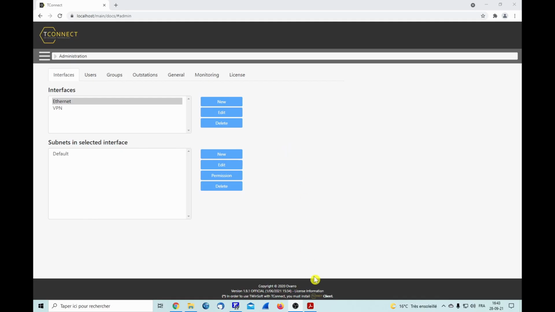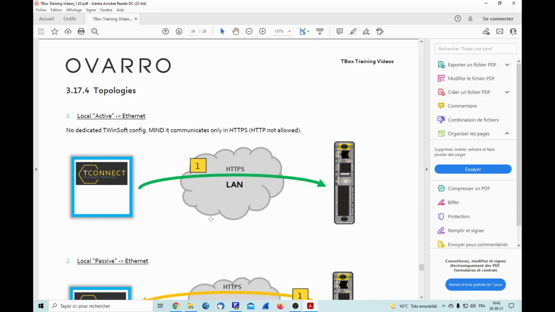Let's now take a look at the different topologies. There are 2 main modes of communication, the active mode and the passive mode. Active in regards to TConnect, so it means that TConnect will take the initiative of the connection. Passive means that the T-box will take the initiative of the connection. Let's first look at the active mode. Then it means TConnect takes the initiative of the connection to the T-box